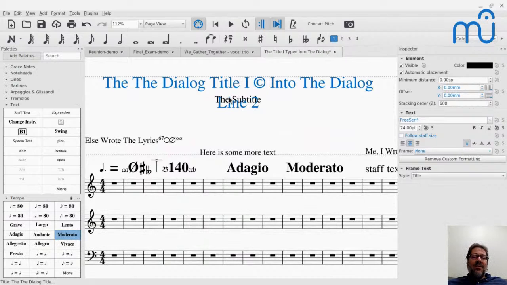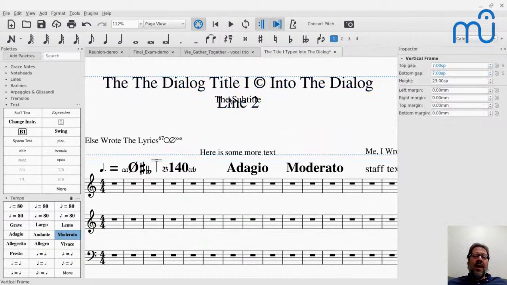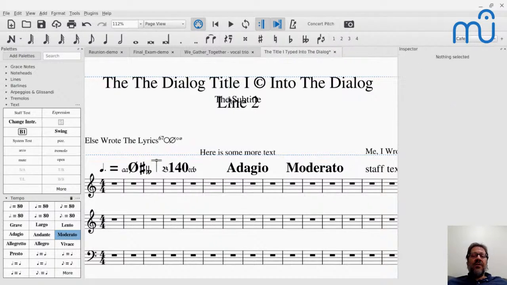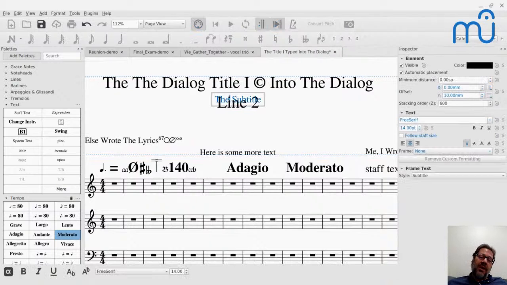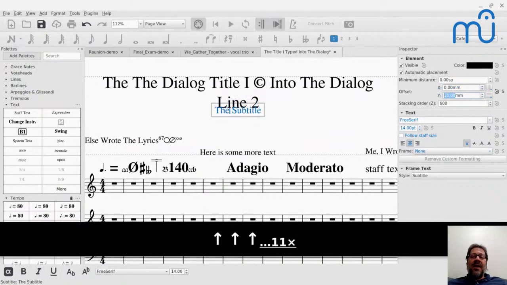But if I want to get to the subtitle, I can control click and it will select what's underneath the thing that's selected. Now that actually selected the frame. Then I control click again and it selects the subtitle. So there are multiple things you can do. Control click will cycle through any overlapping elements. So I'm going to increase that Y offset to get that subtitle a bit lower. There we go.